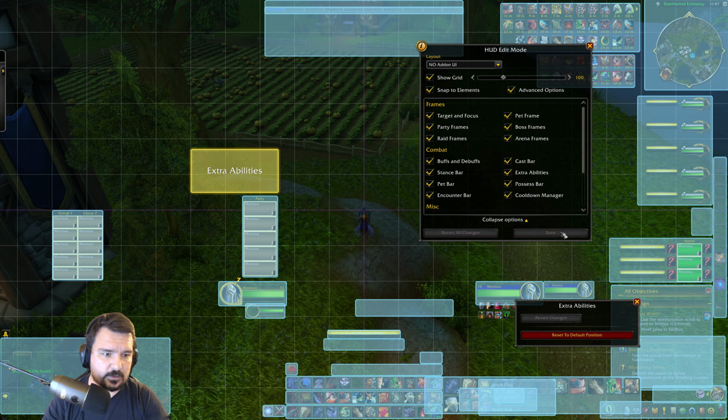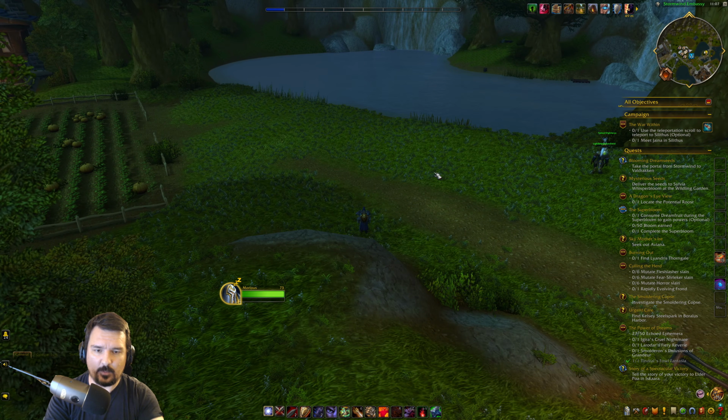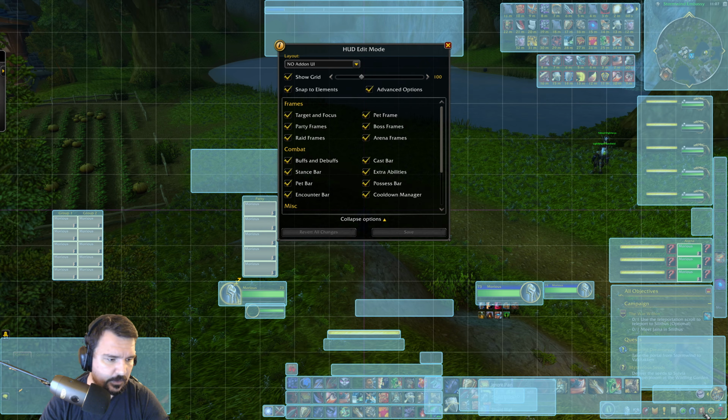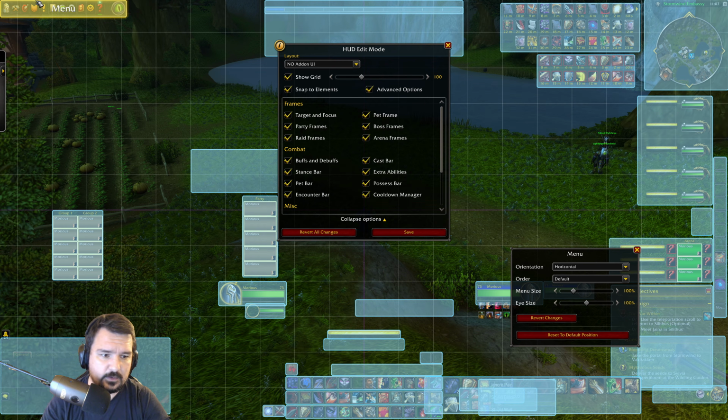Now that we've configured the base essentials, you can already see how much space you actually have. Now, in order to make all of it work just a little bit smoother, we do want to move this bar to the top right. You can see that it's already switched to the right side, so you don't have to switch it here. But if you do, you can reverse the order of all the icons so that it makes it a little bit easier to access. And you can reduce the eye size